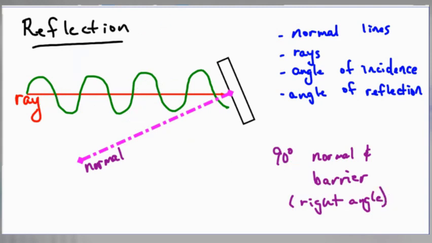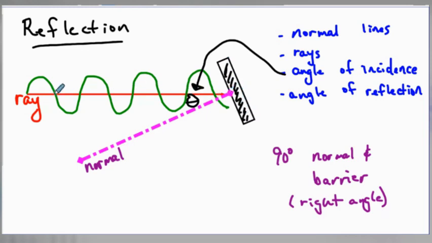The angle between the ray and the normal line, this angle right here, is my angle of incidence. I'll draw an arrow. Say that's my angle of incidence right there. It's between the ray and the normal line. So what would happen with this wave in green? Well, as it hits this barrier here,